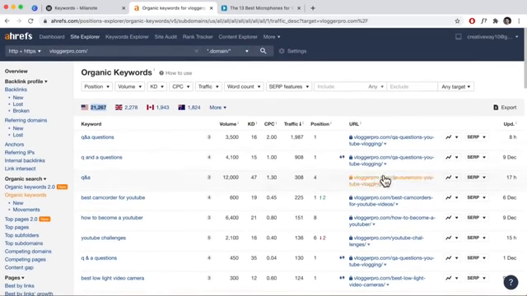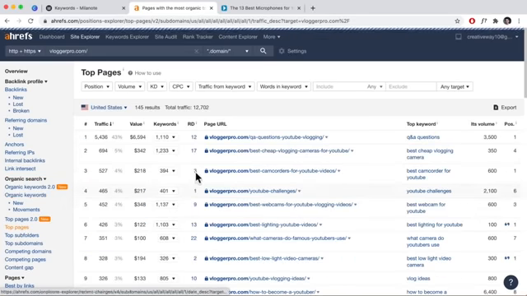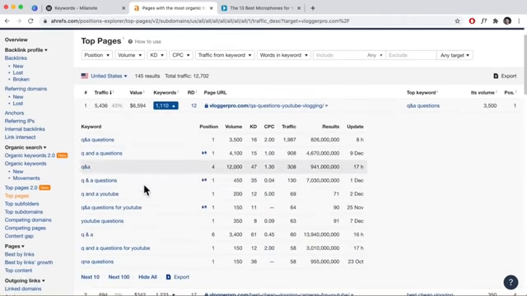So what you're going to notice is you're going to have two URLs which are the same, but they're going to have different keywords which are also ranking. So what we do want to do is group them together, right? What we can do is just go to top pages over here. And what it's going to do is group the page URLs together and also show the rankings for